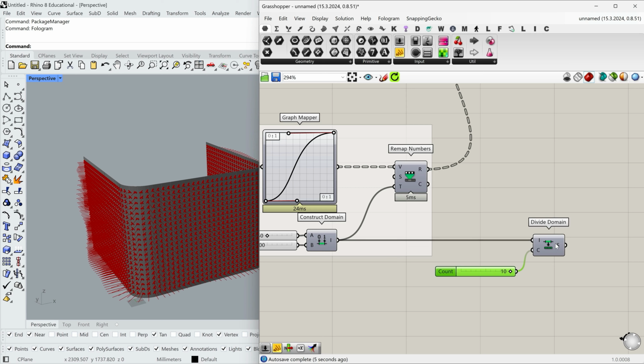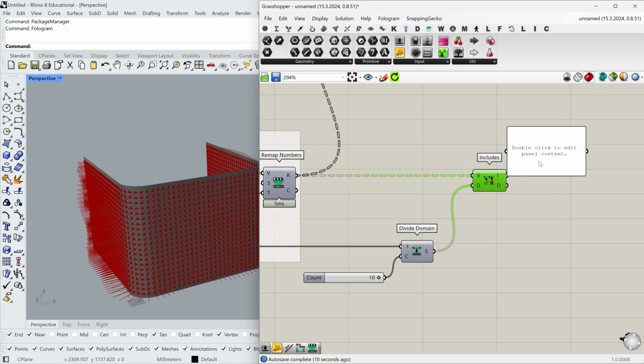Okay, after that we need to check in which domain the length of the rod falls. So we use Includes component, connect the Remap Numbers and Divide Domain. Okay, let's now check what we've got in Includes. I see. We'll need to do one more thing.